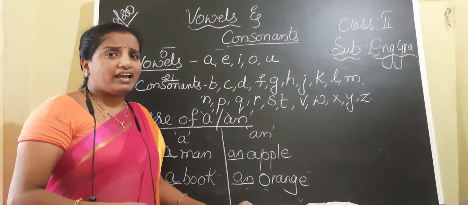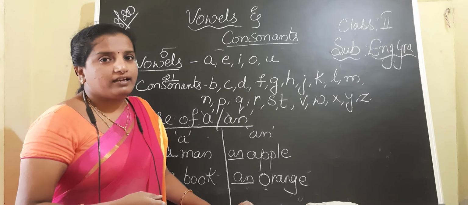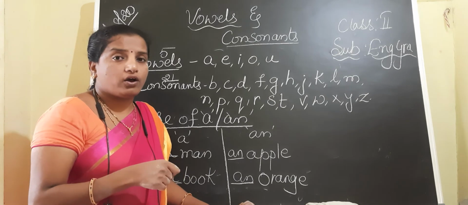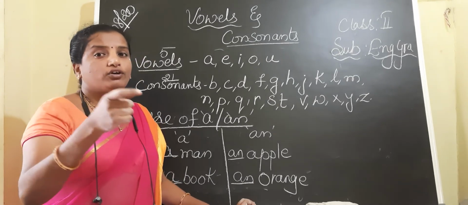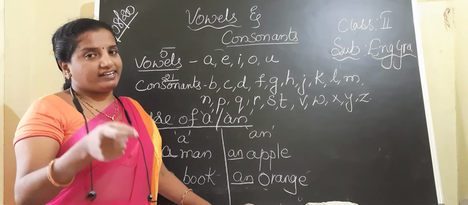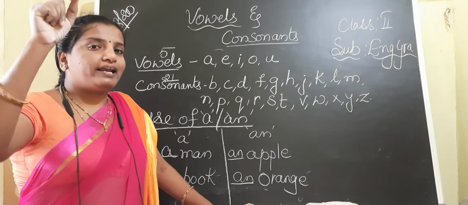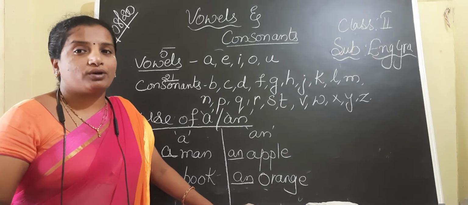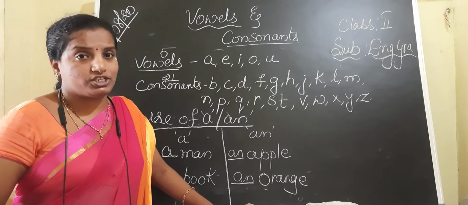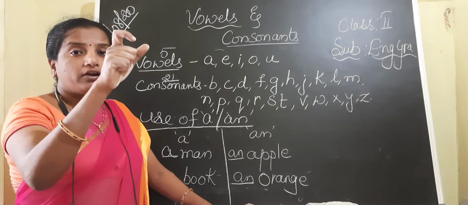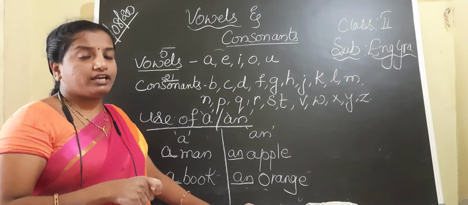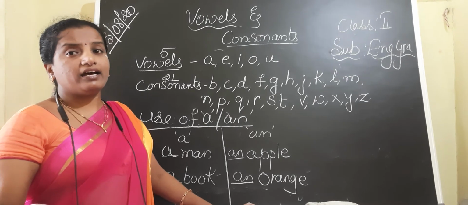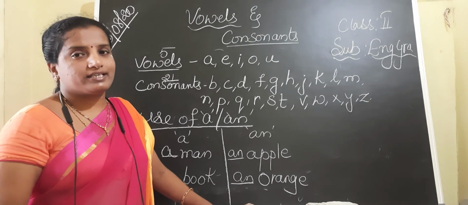Children, we will learn a few more things regarding the use of A or AN in our next session. Before we conclude, let us remind you of the alphabetical order. The letters given in the correct order are known as the alphabetical order or the dictionary order. By following the dictionary order, we can easily arrange jumbled letters or words in alphabetical order. Is it clear, children?